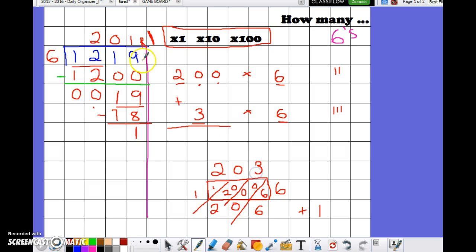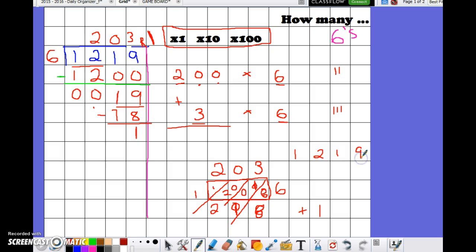Because my quotient shouldn't be 201 remainder 1. When I add 203, it should be 203 remainder 1. That's going to change my answer entirely. 6 times 3 is not 6, but it's 18, which means I drop down my 8. There's my 1. My 2 and my 1. 1,218 plus 1 is